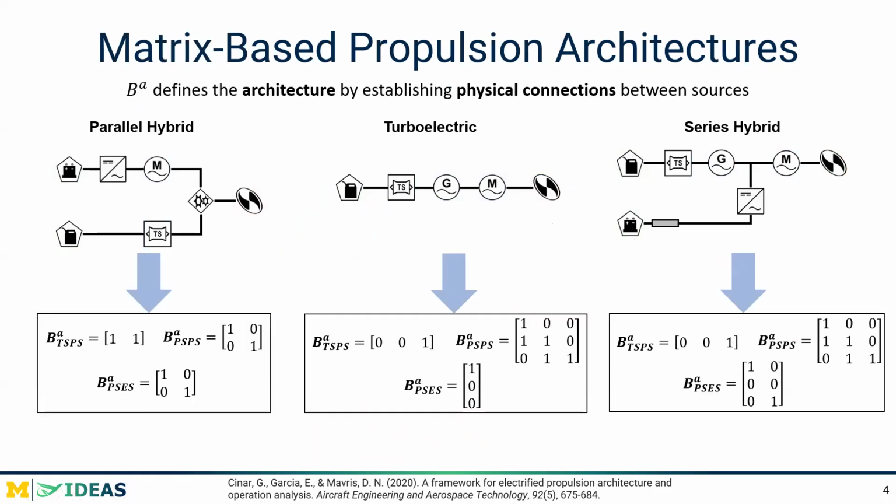So these matrices, again, define the architecture by establishing these physical connections between sources. So any entry in the matrix with a 1 indicates a connection between two components. Then any entry with a 0 indicates that there is not a connection. So let's start off by looking at the parallel hybrid case here. If we go back to the previous slide for just one second,